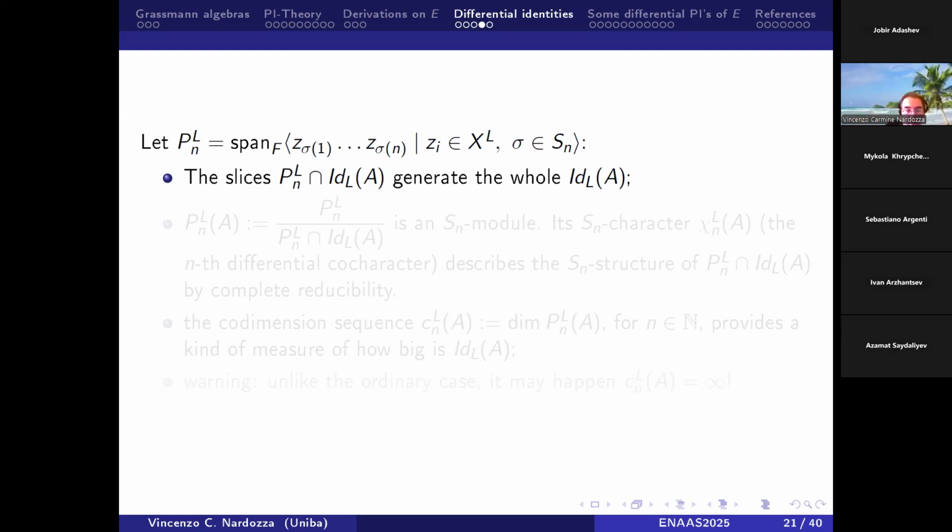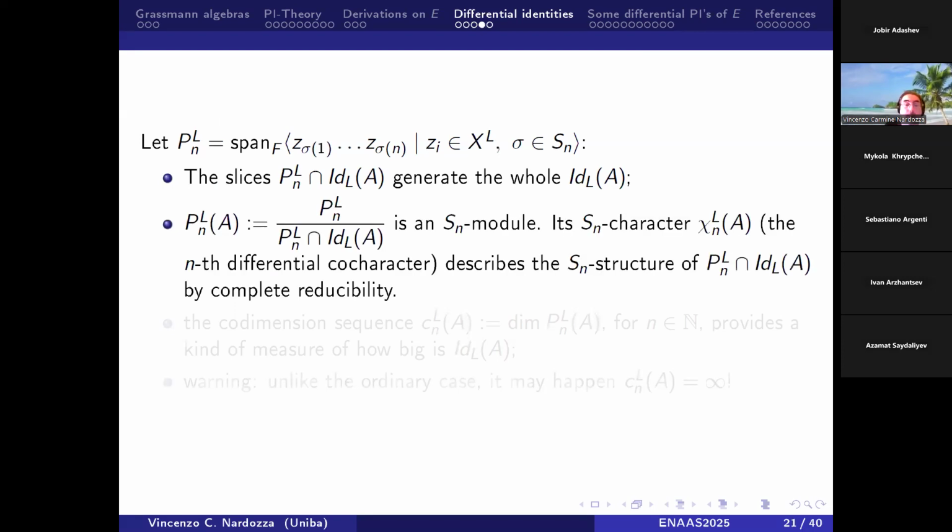The slices of all polynomials of this kind in the ideal of differential identities of A generate the whole TL ideal. Also, this factor space is an S_n module, and its S_n character, called the differential character,